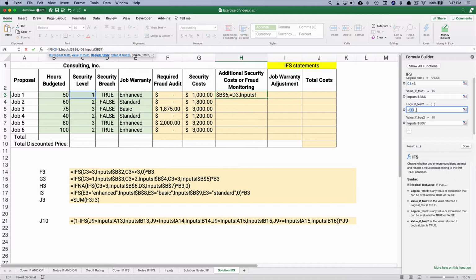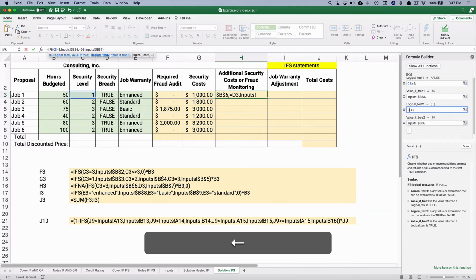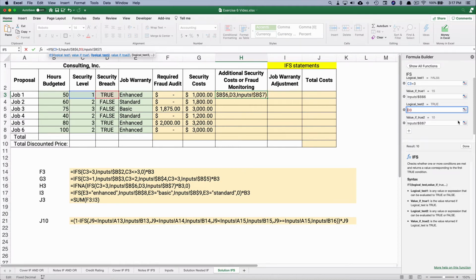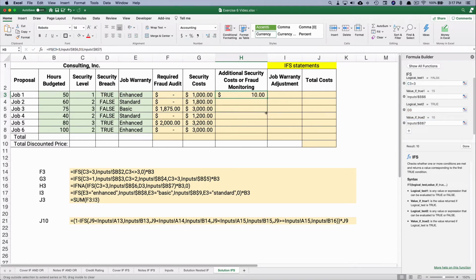Okay, I need D3 to equal just D3, not an equal sign. So I think that should work. So it's going to pull the 10 if it's true, and if it's 3, it'll pull the $15. All